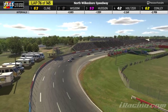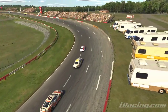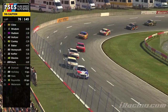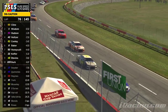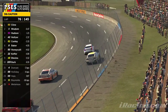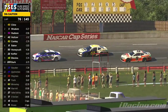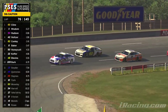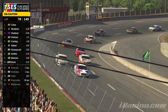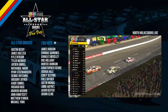You know, I'm curious, Jordan, at what point, we're on lap 76 of 145, a few cautions here, and, you know, cautions breed cautions. It's the 5th caution. I know sometimes they will bring out, let's start single file restarts, so I'm curious if that will be implemented tonight. I don't think it will here, but that's obviously up to the admins here, and if things continue to be a little rough on these restarts as we've seen the last 20 minutes or so, then yeah, that's definitely